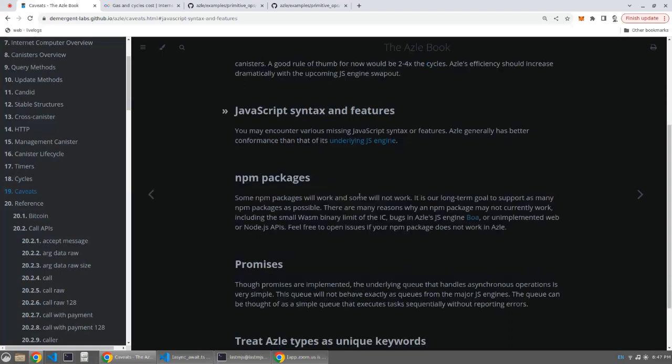So let's keep that in mind. Not all NPM packages work. In Azle 0.17, a lot of them break for silly reasons because of the engine. In 0.18,